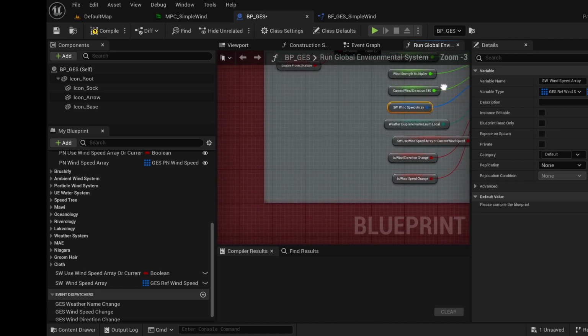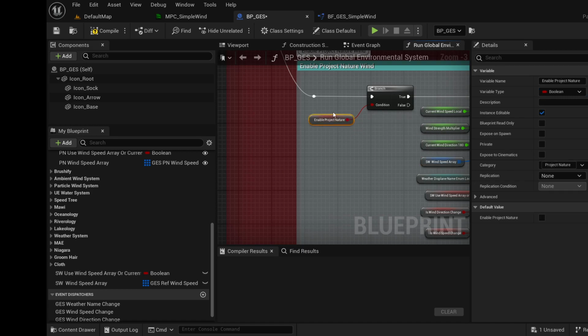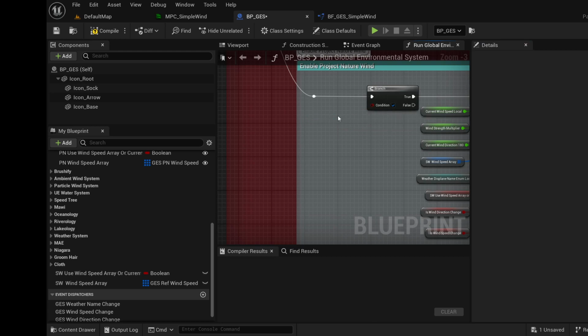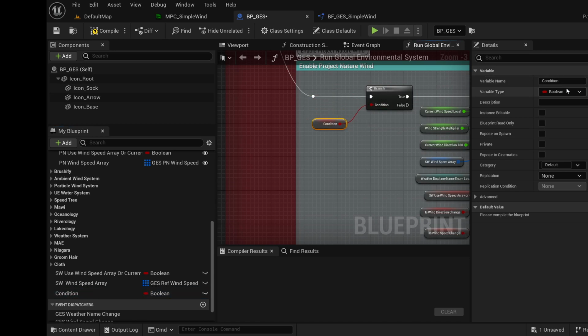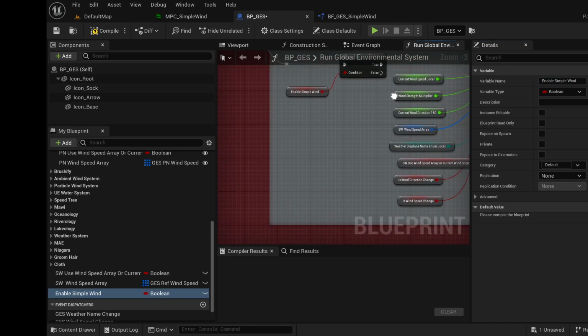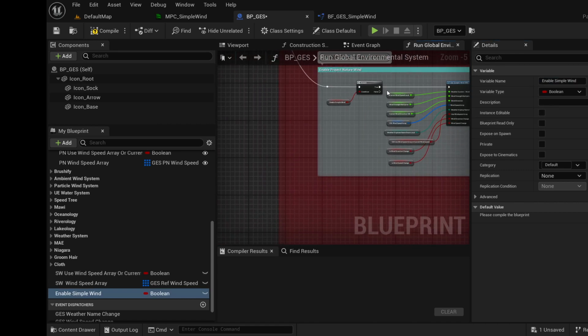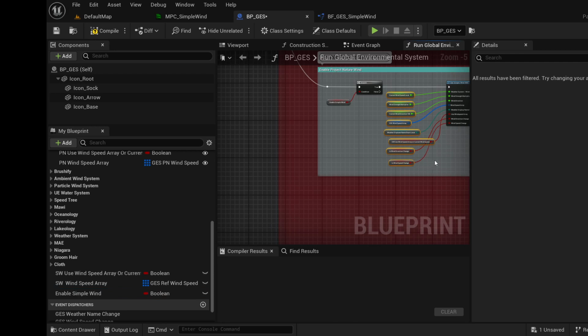Actually, one more thing before we do that. We also need to enable project nature. We need to enable SW for simple wind. So we'll copy that name, delete that variable, promote it, and paste in the name, and we'll call it enable simple wind. Okay, now we want to also put these in a category, everything that's specific to simple wind, and I'm just